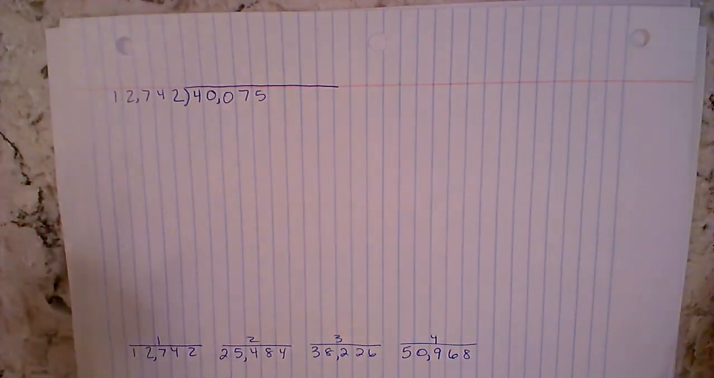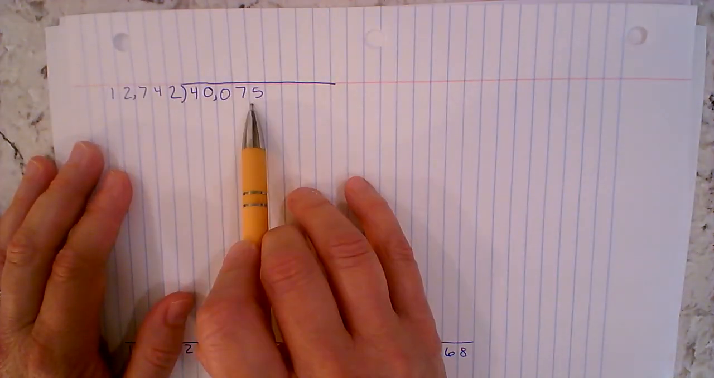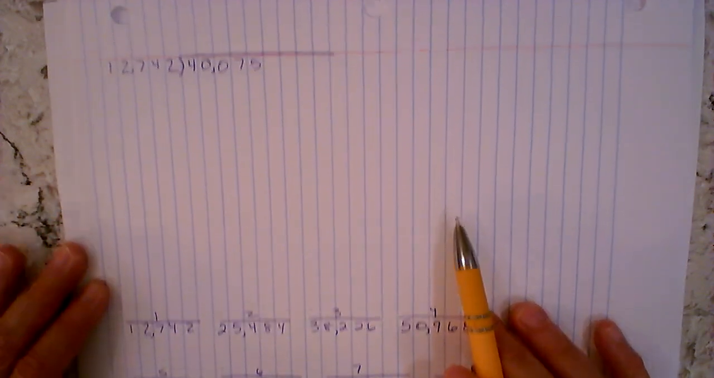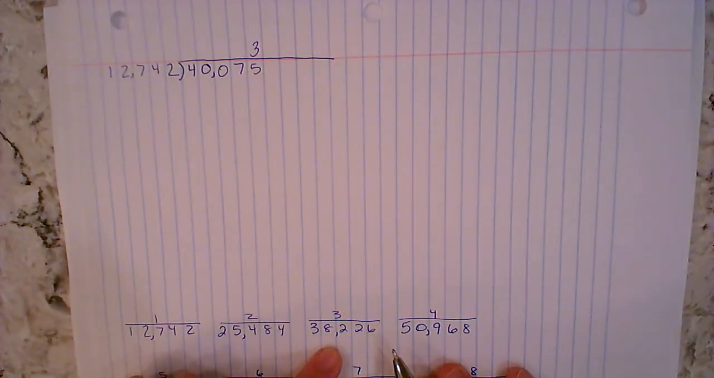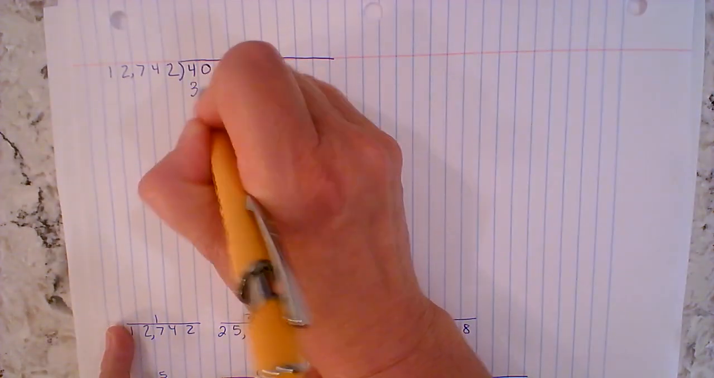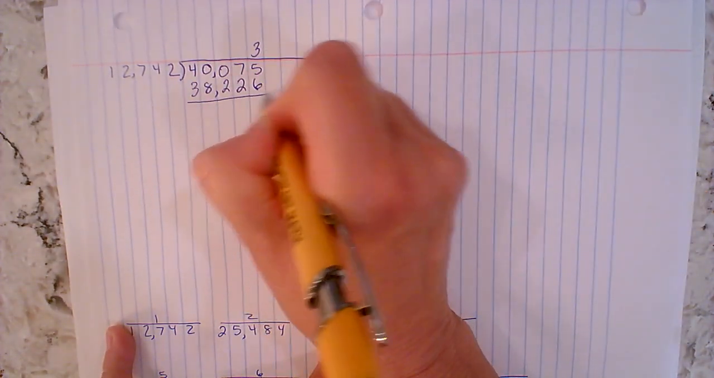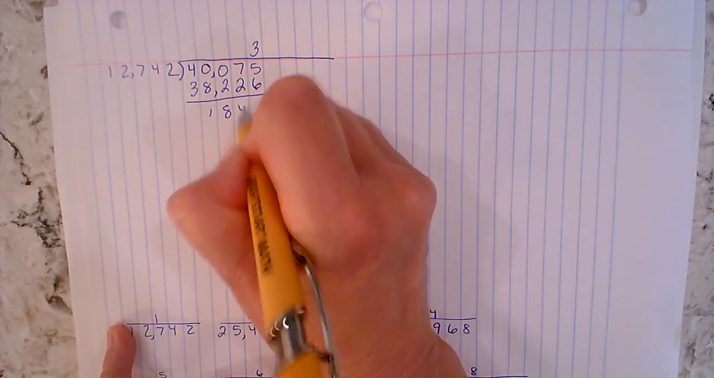All right, so let's tackle this problem. The first thing is, how many times does this 12,000 number go into 475? Well, if we have our little cheat sheet, we can see it's higher than this one, lower than that one, so 3 is going to be our number. So we're going to put 3 here, and we already have that multiple pulled out. So we're just going to copy that number, 38,226. And draw our line, and our answer is going to be, I've already calculated this out so as to not waste your time,